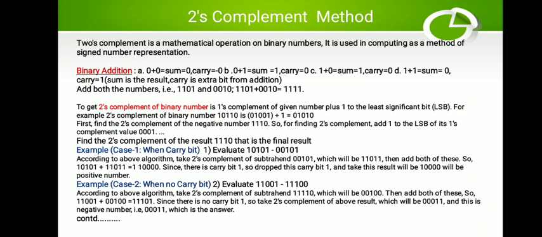Whose 2's complement? 11101. So first find the 1's complement. To find the 2's complement, what will it become? 00010, right? That is the 1's complement. Add 1 to the LSB to find the 2's complement. So 0 plus 1 will become 1. The next bit is already 1, so it will remain 1, and the rest will be 000. So this is our answer, that is, minus 3 we are getting. Followed? This is how you find the 2's complement of the smaller number minus the greater number.